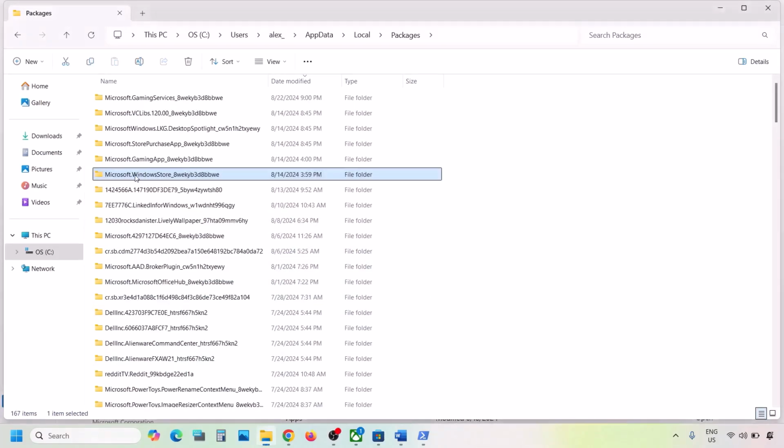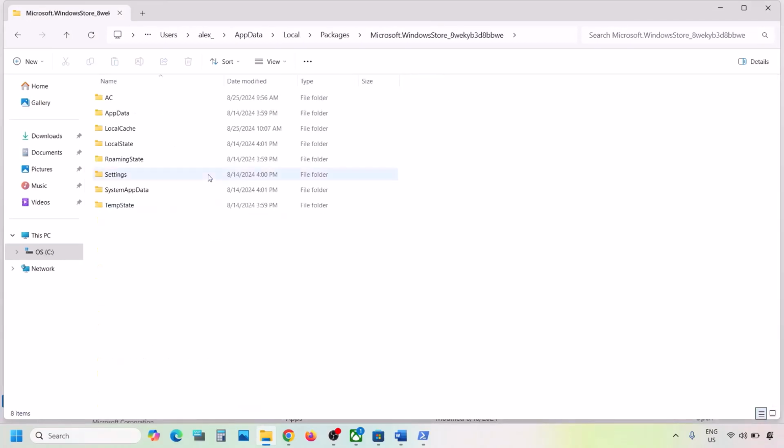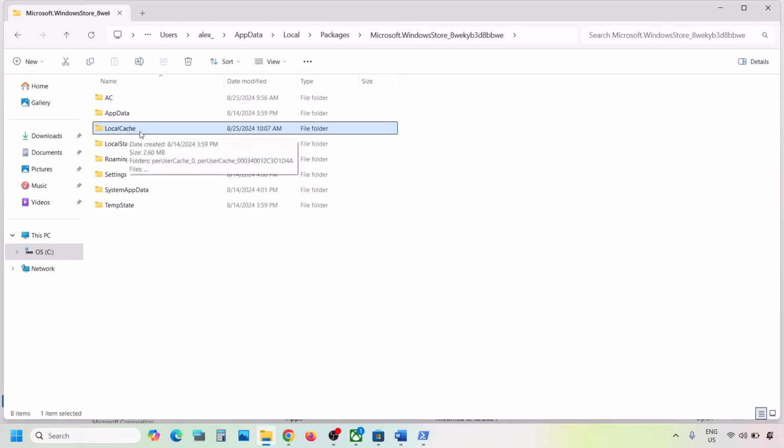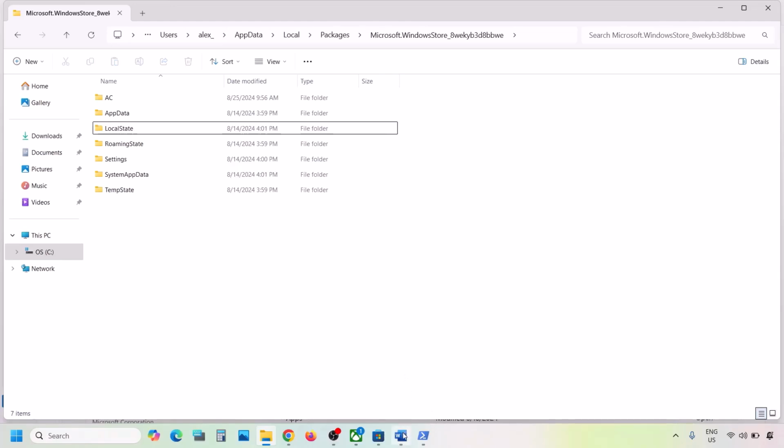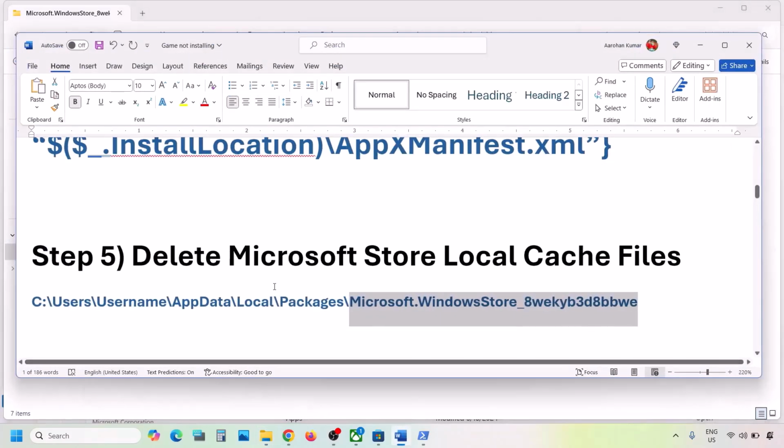So over here you can see Microsoft Windows Store underscore some alphanumeric characters. Open this folder, and over here you can see LocalCache folder. So you have to make a right click and then delete this LocalCache folder. And once this is deleted, now you can check. Now if you're still facing the problem,